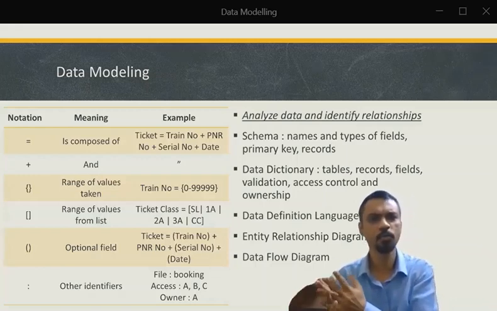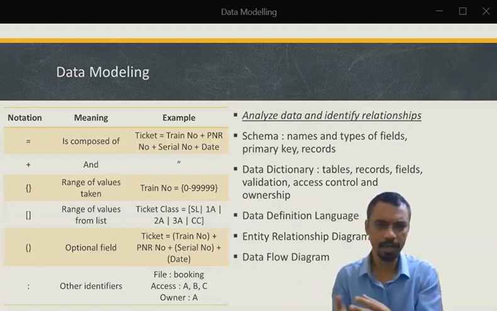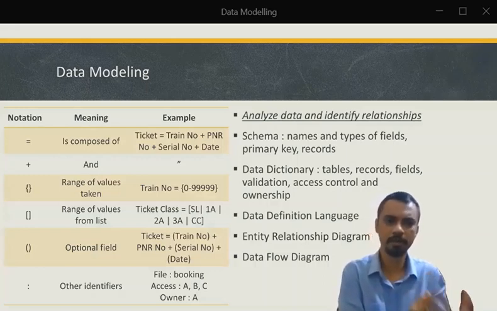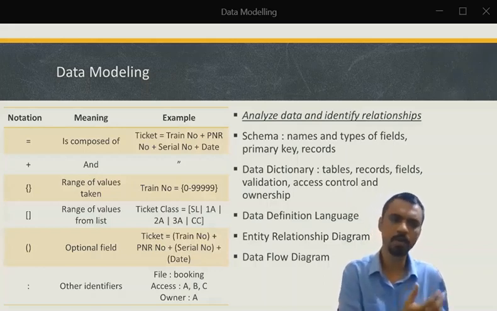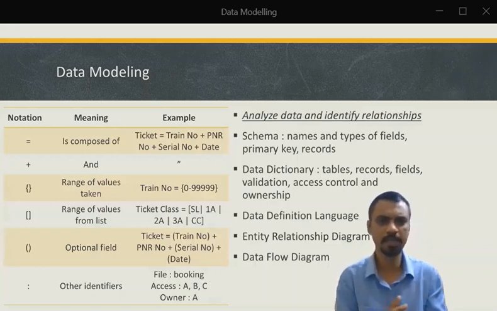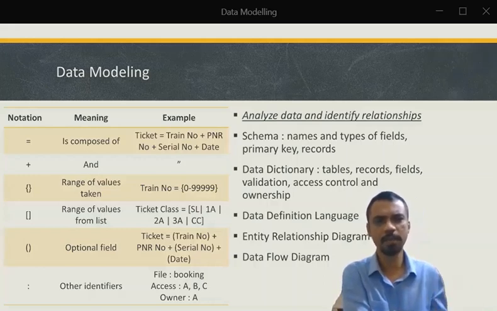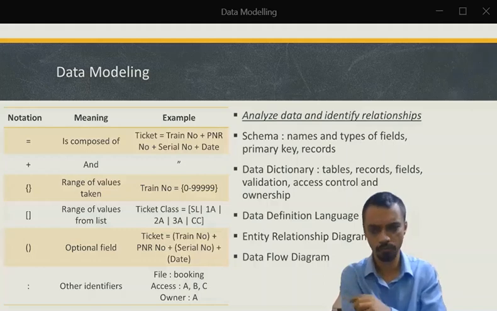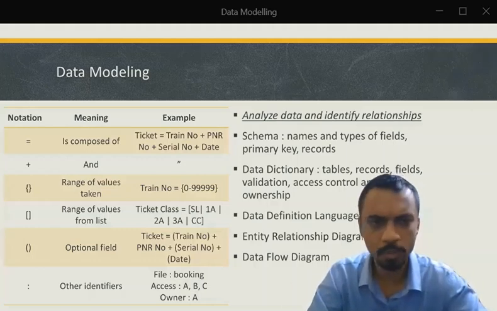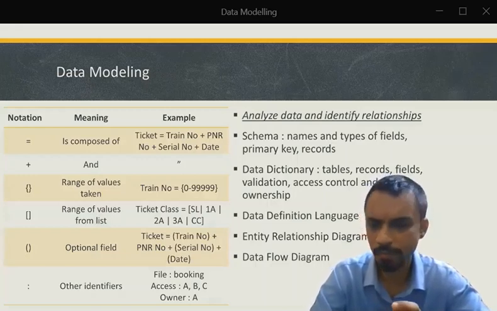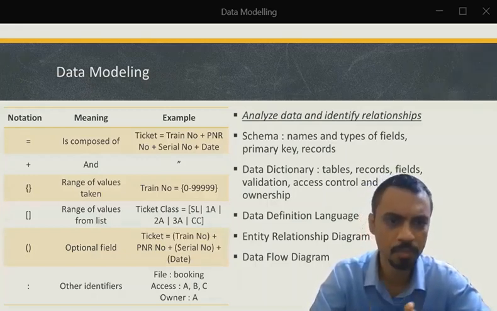So I hope you have understood the purpose of data modeling. I am trying to translate the business data requirements into what the developer of a system, what the programmer of the system, will need or will want to understand. So I'm translating that so that the system design is appropriate and depicts the reality of what my business is. Right? This is all I wanted to cover. In the next video, we will learn about the heart of this whole MIS development, that is the entity relationship diagram.